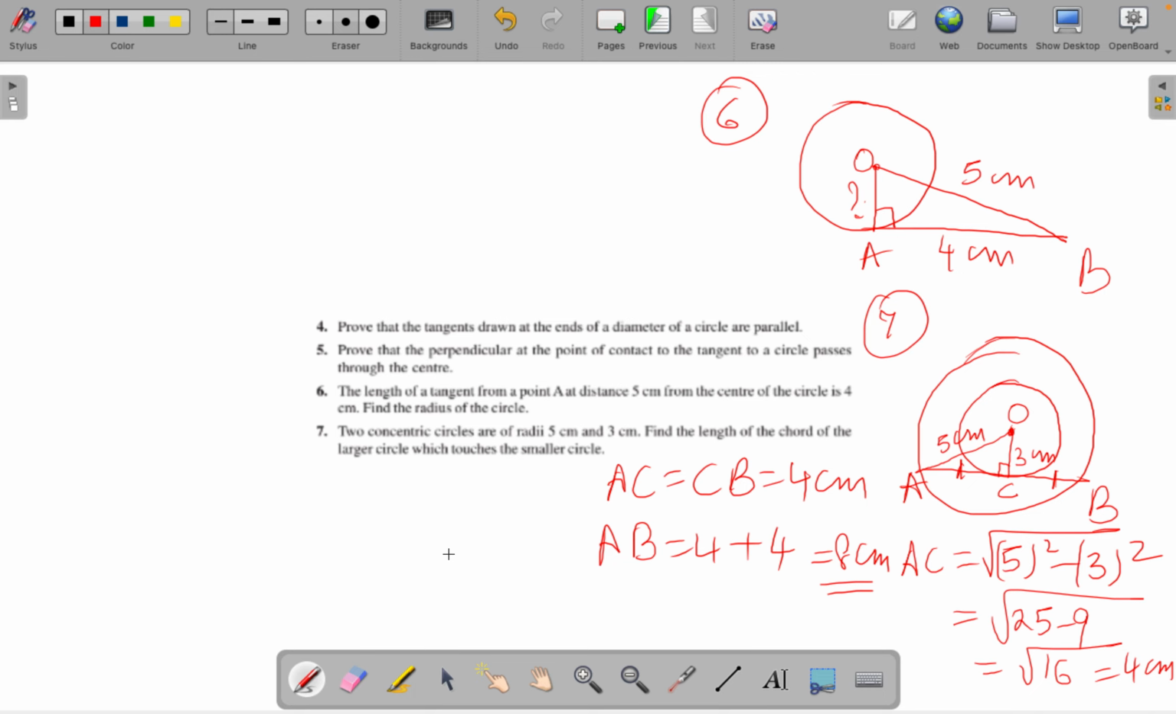So this is your first exercise of circles based on the first theorem, first and second exercise. We will go on to the next remaining questions, which is based on theorem 2, which I will discuss